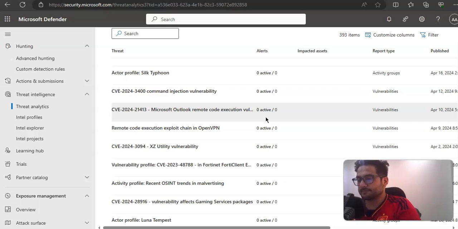And then you hunt the cyber threats as a team. So if there are different teams involved, you can easily collaborate on investigations across the teams using the Defender Threat Intelligence Workbench and share knowledge of cyber threat actors, tooling and infrastructure with Intel profiles. And then you can expand prevention and improve security posture. So automatically uncover malicious entities and help stop the cyber attacks or cyber threats by blocking internal resources from accessing